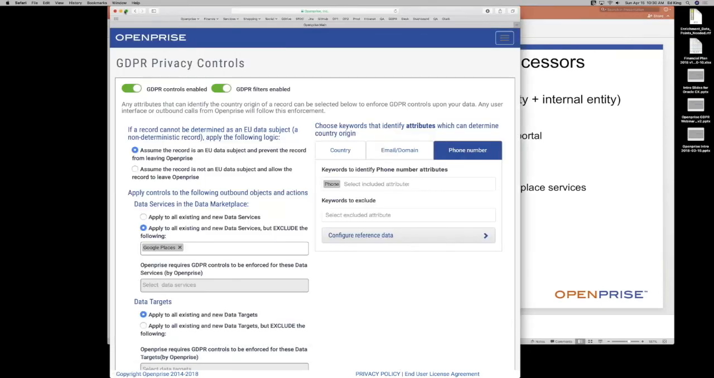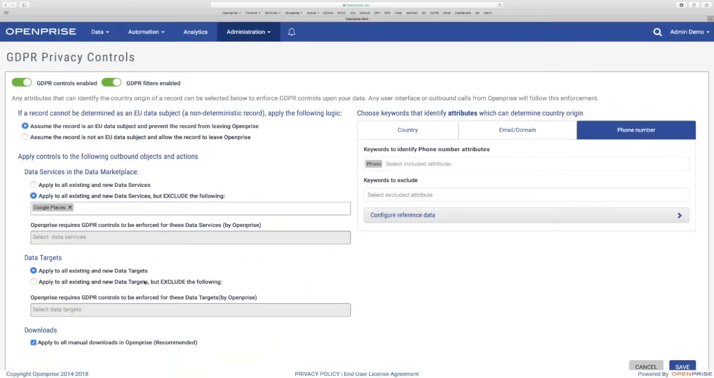Again, just to recap where we left off on the demo, remember the first level of protection is the universal blocking settings and exceptions. For each service in the data marketplace, for each target that you have, you can decide. By default, we block, and you can make exceptions specifically. For example, in this case, we say it's okay to let data go to Google Places. Whether you want to block download or not is also a universal control that's applied here. All right, let's take a look at the